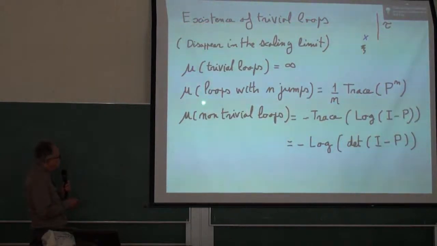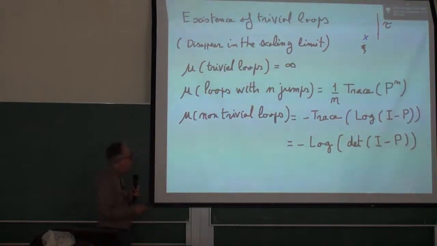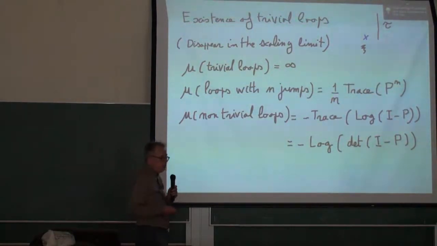But the measure of loops which have n jumps, you can easily compute from the definition, and it is a finite measure. And so it will be 1 over n, the trace of the transition matrix to the power n. Okay, I don't give the proof, but it's not hard to guess that it should be that, because of 1 over n, because the starting point is random, is not decided, and the second thing is p to the n,